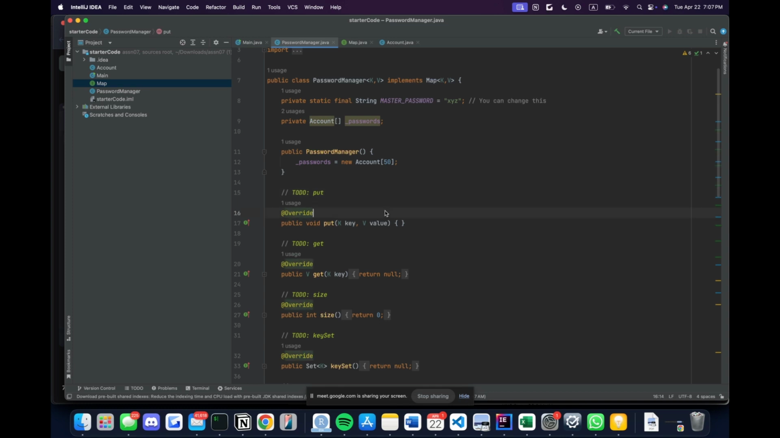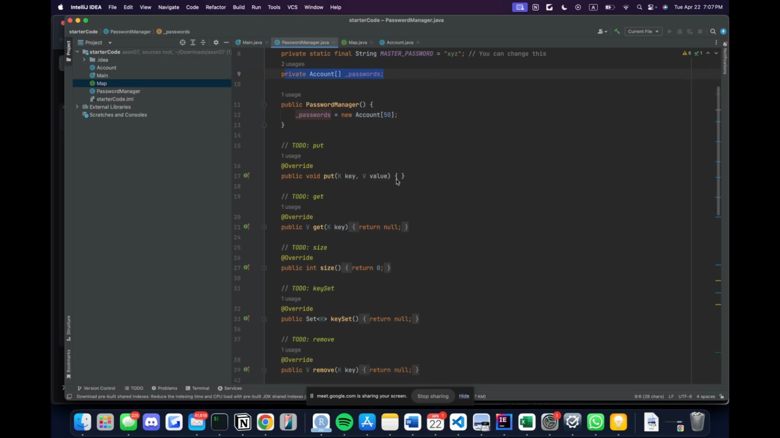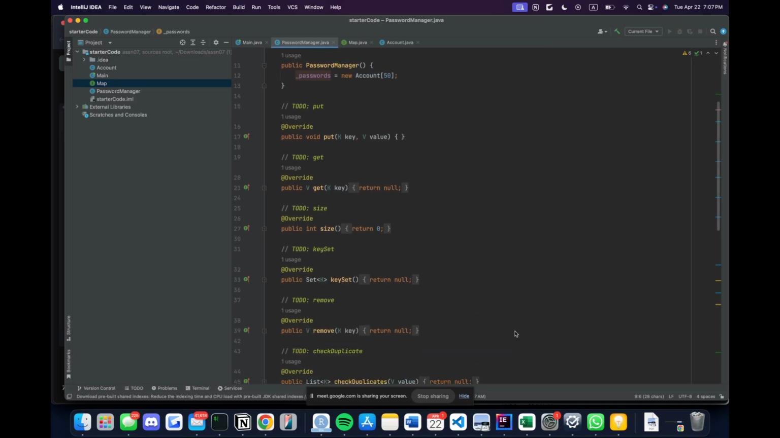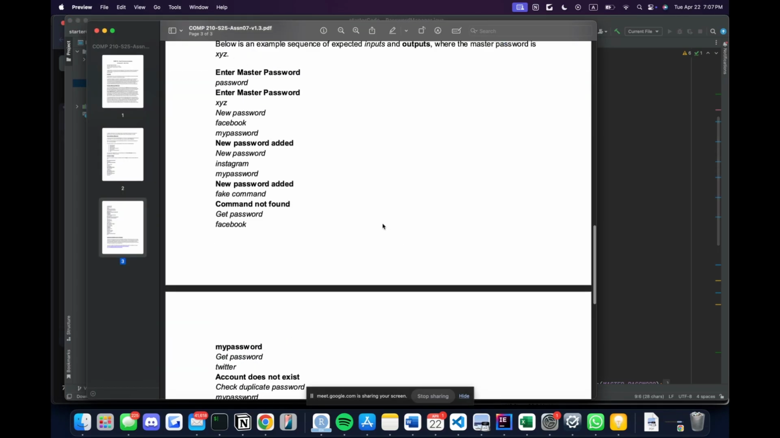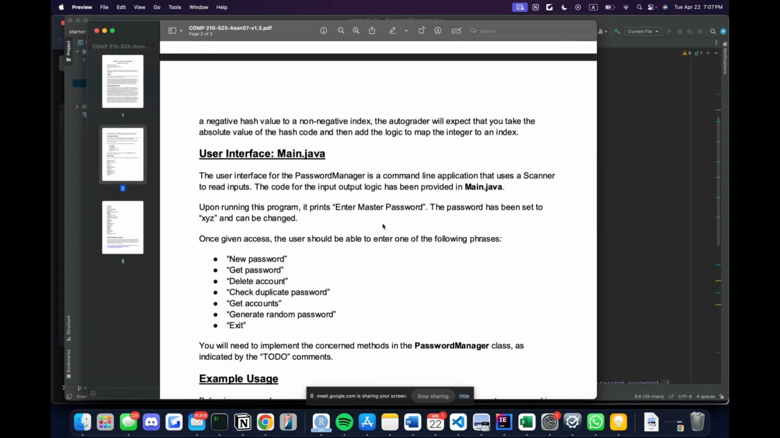But with that out of the way, that's the basics of how this is going to be formatted. So the passwords is what's going to store the actual information for the entire assignment. One other thing I wanted to point out is if you go to the